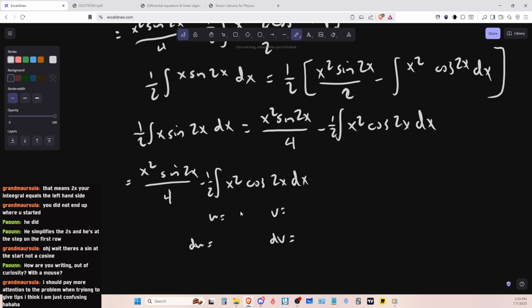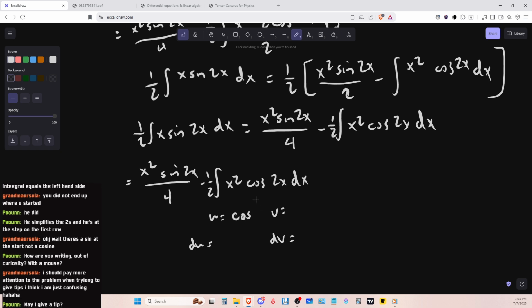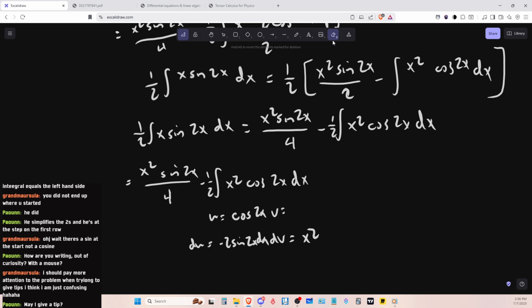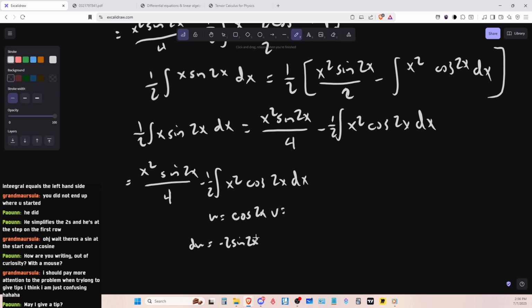Yeah, integrating with cosine is not gonna be, because I feel like we're gonna, oh, maybe we're gonna end up with the same thing, but we have to do it twice. That might be the thing that we're gonna have to deal with, I think. And then dx, that's too close. I'll make some more space so you guys can see it easier. Dx dv is, oh no, not cosine, oops. X squared, and then